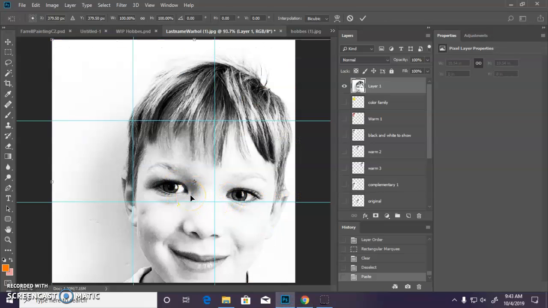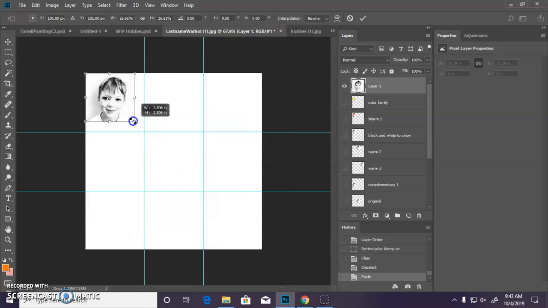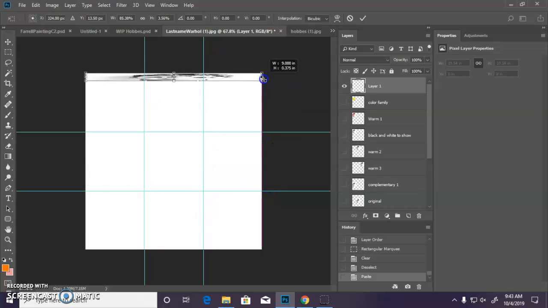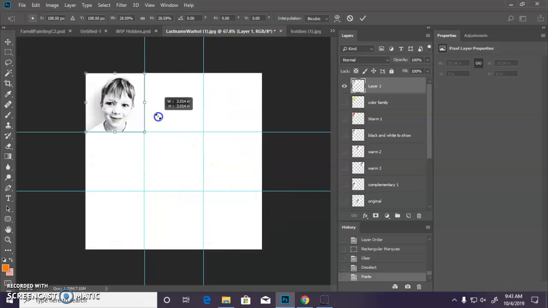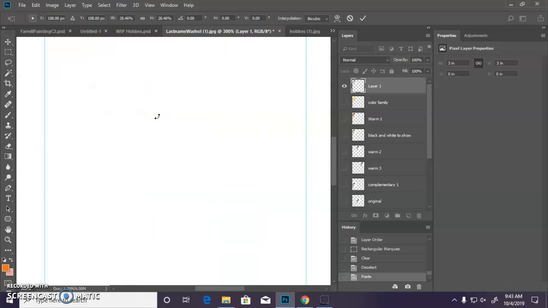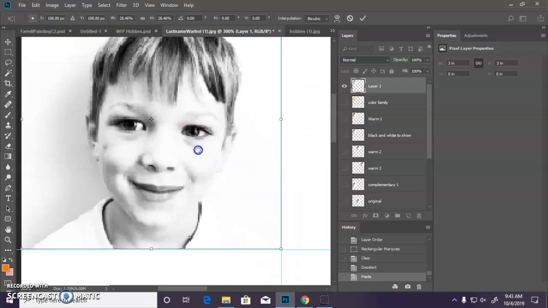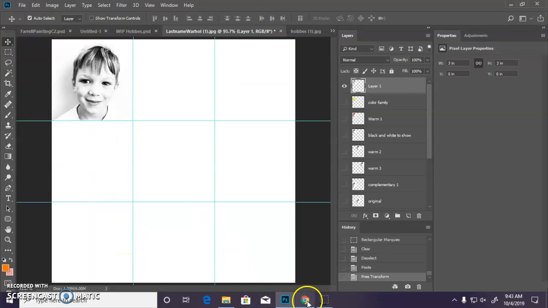I'm going to do Control T. Then I do Control 0 to get the bounding box to fit on my screen. Pressing and holding the Shift key, when I do this, you see how the aspect ratio stays the same. If I don't hold the Shift key, I can squish him, and I don't want to do that. So I'm going to hold the Shift key, and I'm going to get it to line up in that first grid square as best I can. It's also a good idea to zoom in and look and see if it's lined up, which it is. Now I'm going to press Enter, Control 0,